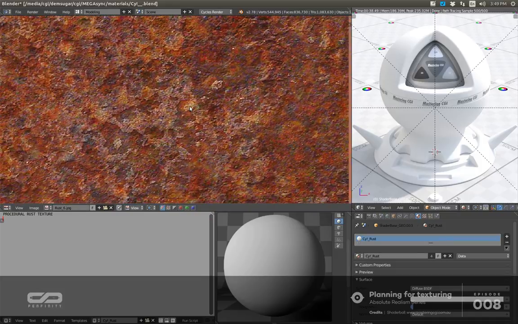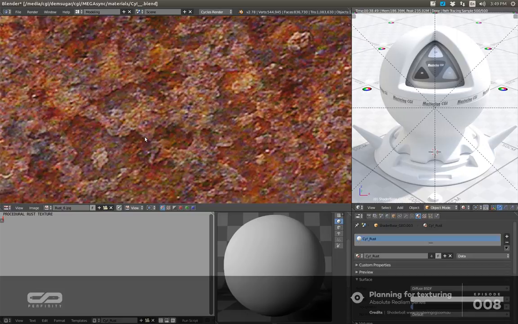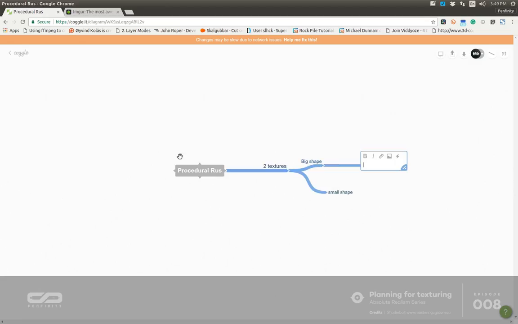So with this one, what kind of texture I will have to use, because it's a procedural process, and to me the Musgrave is gonna be good for this one because the Musgrave texture generates big shapes like this. So I'm gonna put Musgrave here. And I tweak the coordinates with another